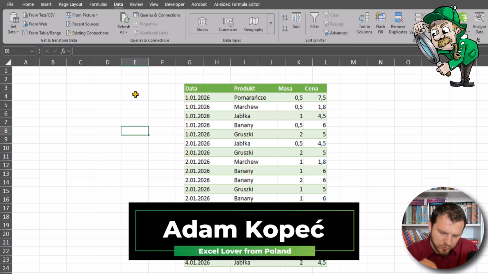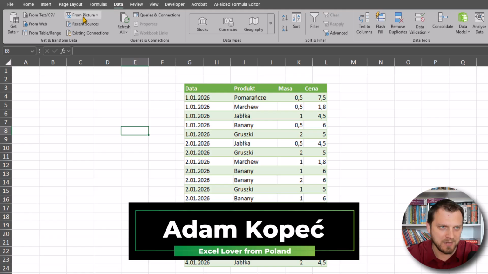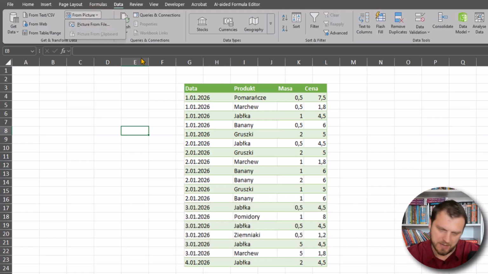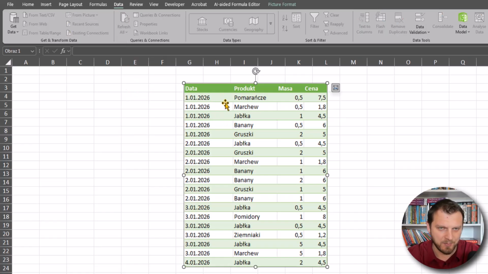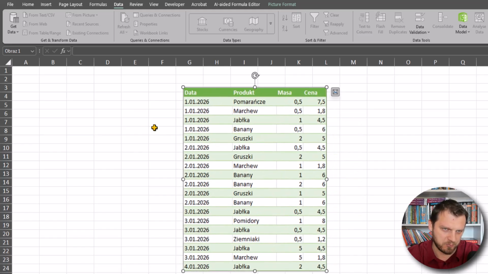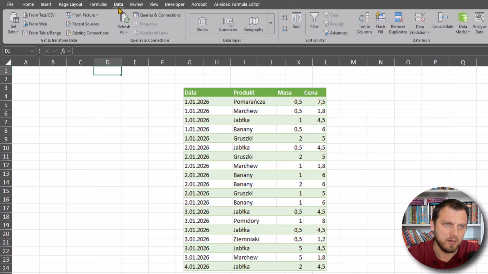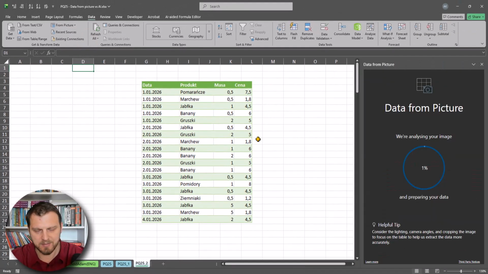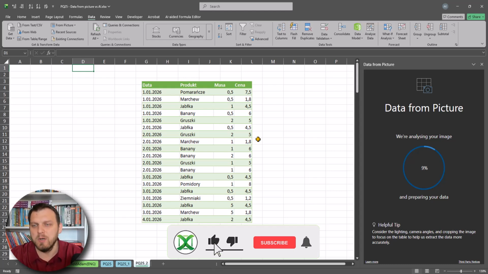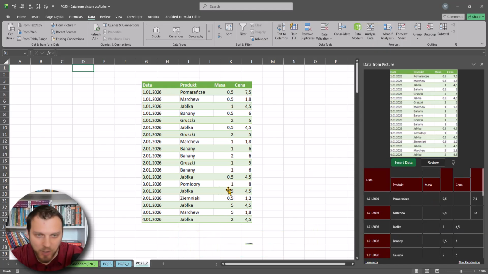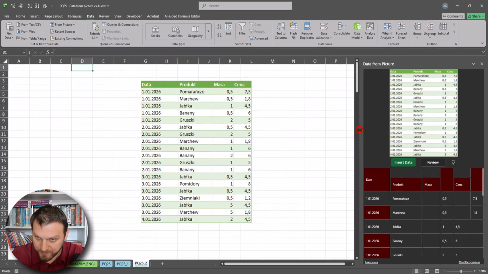Today I will try to compare quickly the From Picture command, so an option from Power Query, with AI recognition of data. I have an image pasted into Excel, and I can just copy it, then go to the Data tab, From Picture, and I can choose Picture from Clipboard, and then Power Query or Excel will start analyzing this data,